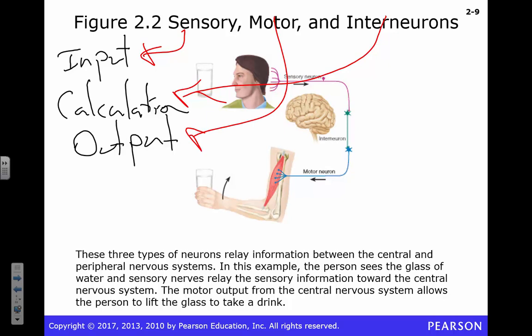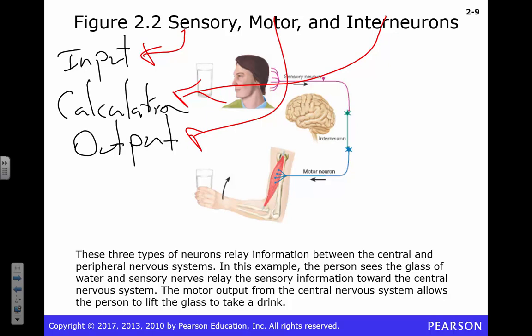If you want to zoom out from that a bit more, it's going to map onto your whole system, right? What is the purpose of your nervous system? To collect data, do some calculation with that data so you can make some kind of action, right? Some kind of decision, some kind of output. If we want to go all the way down to an ion channel, what does that ion channel do? It gets some sort of input. We'll talk about what that is. Based on that input, it makes some sort of change, and then there's some action, some output, right?